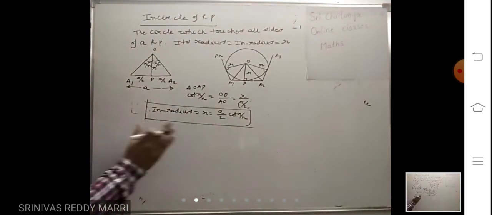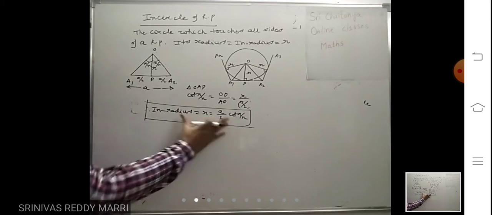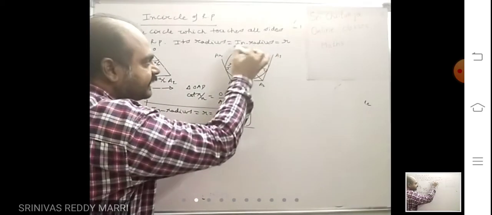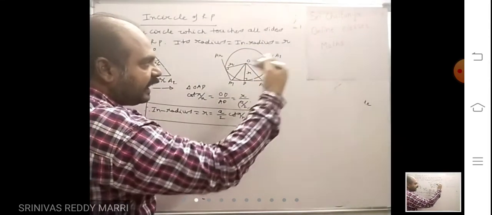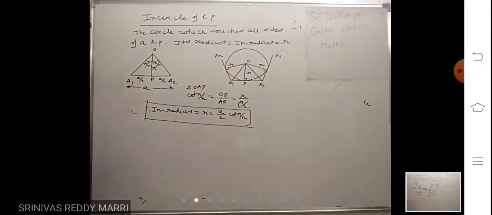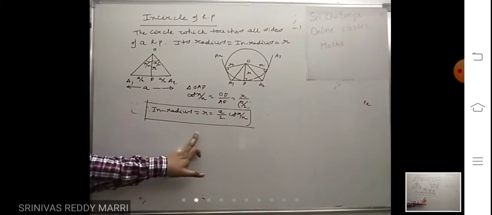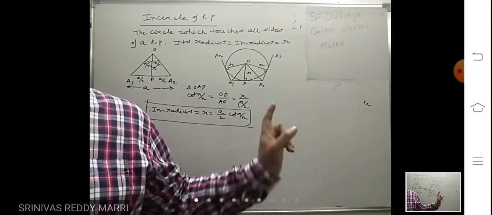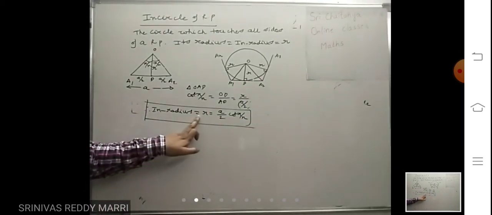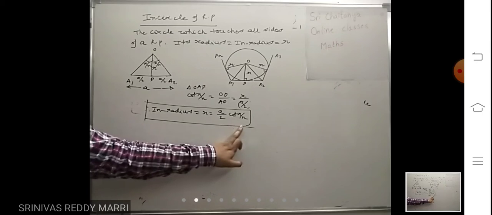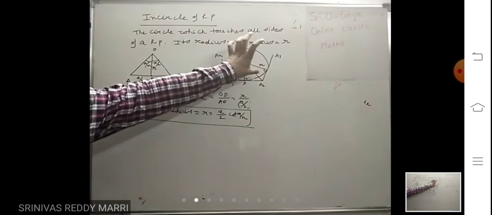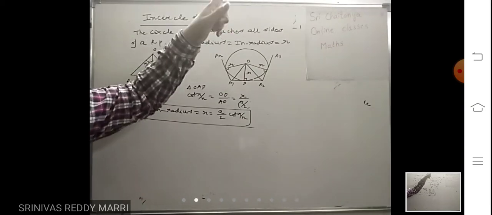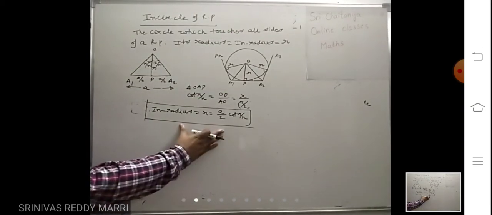So inradius is this. That means look at here. In the polygon a circle is there. If he asks to calculate what is the radius of that circle, use this formula, right? You must know the number of sides. If it is a decagon, n equal to 10, right? You must know the side of the polygon to calculate this. If the side is known and the number of sides is known, use this formula to calculate the inner circle. The previous formula is what? For the outer circle, right? The circle will be there outside. This is the formula, right?